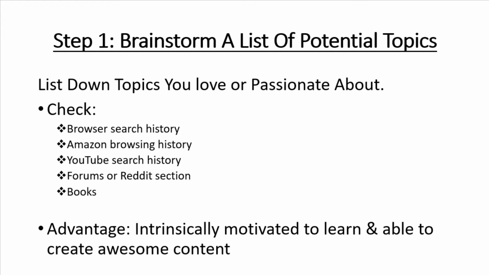Don't just let things running at the back of your mind. Instead, take out a piece of paper and list down all the potential topics. This will save you a lot of brain power. So the first type of potential topics you want to list down is the topics which you love or passionate about. This is super duper important because once we have chosen a topic, we need to put in effort consistently